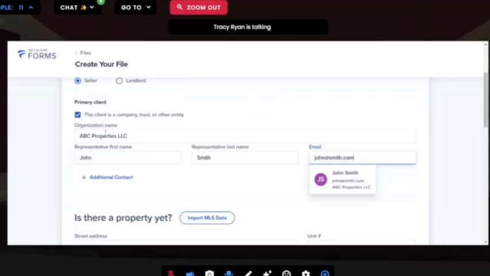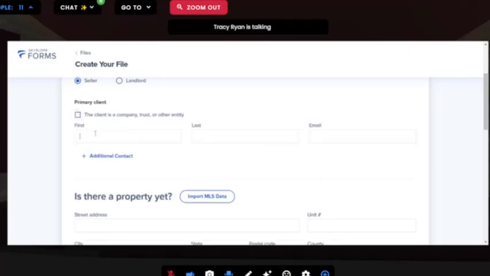So by checking this box and entering both of these, it will put ABC Properties everywhere as the seller's name, but the signature will be John Smith and the initials will be JS. So that's enormously helpful, okay? If I take that off, I can just put John Smith,